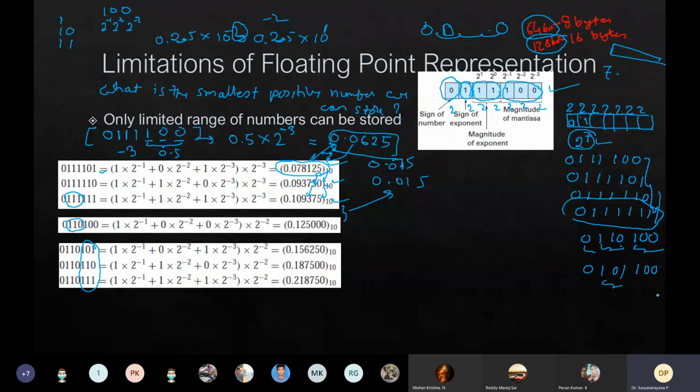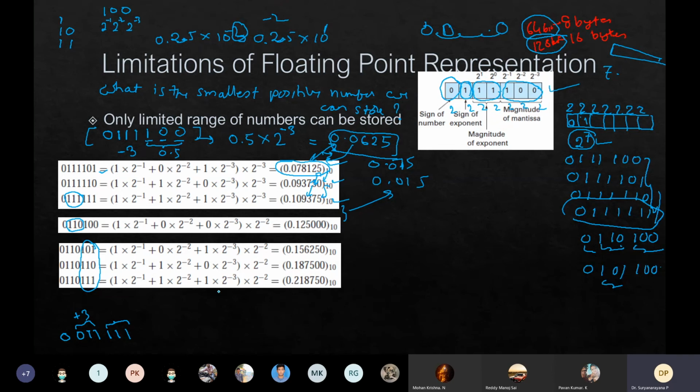And if you keep going, ultimately you'll be interested in what is the largest possible number. Positive number. Okay, it's positive. And now you want positive exponent. So 0 and highest possible exponent 1, 1. So this is positive 3 exponent. And the number also you want it to be 1, 1, 1, maximum possible mantissa. Okay, so this you already know. This is positive 3, and this you have to find out.